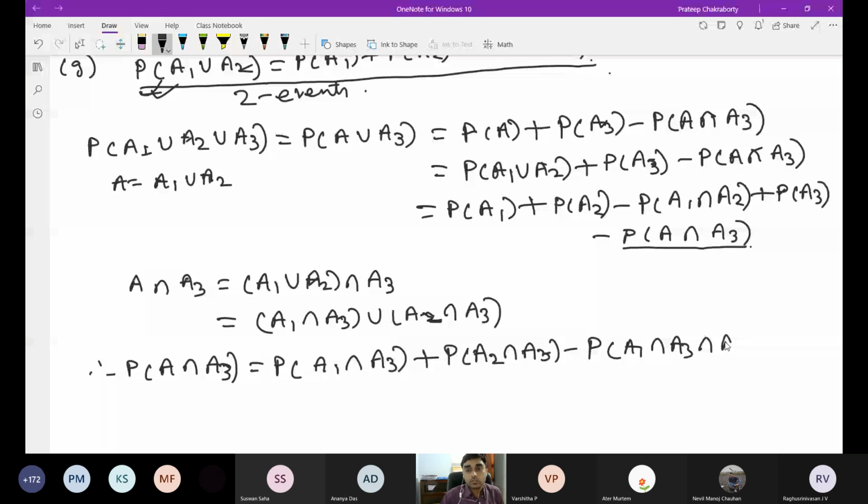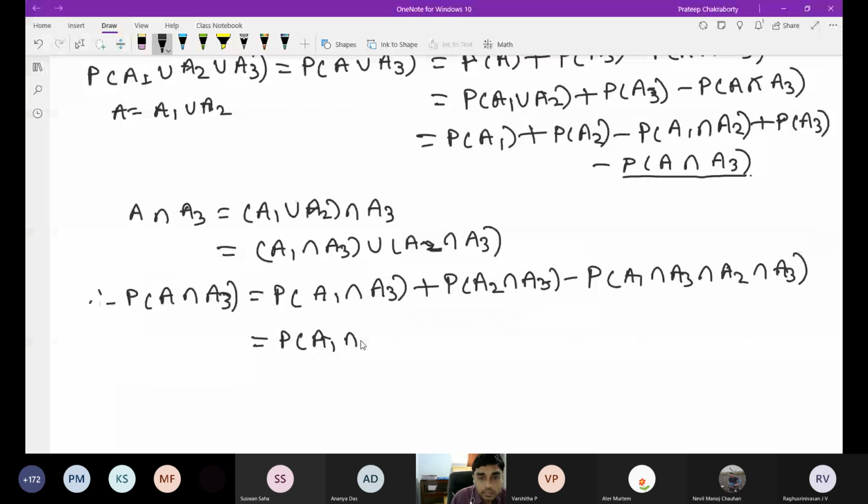Okay, so this will be P(A1 intersection A3) plus